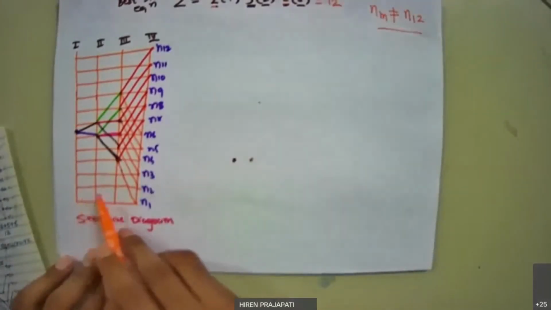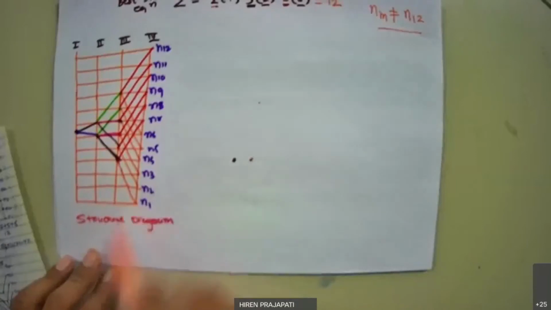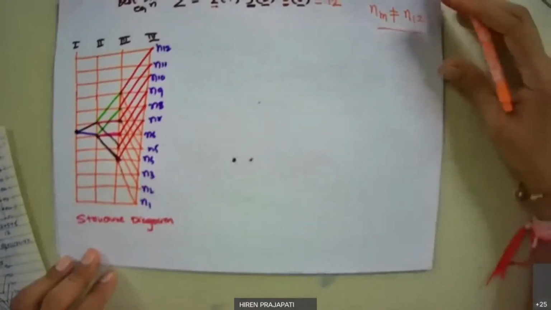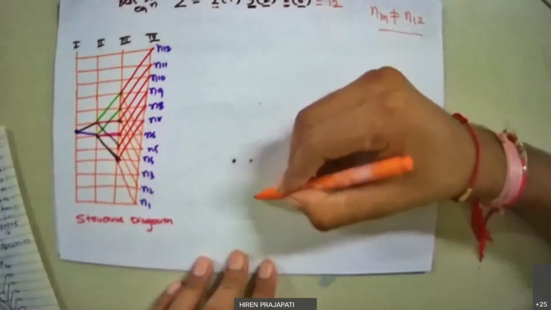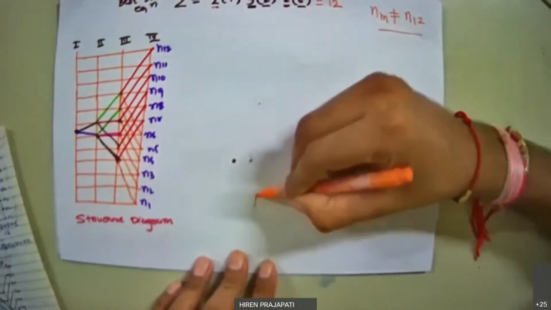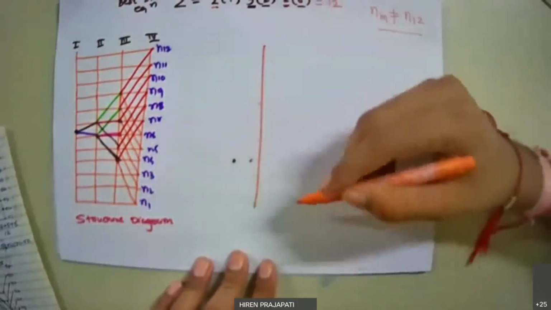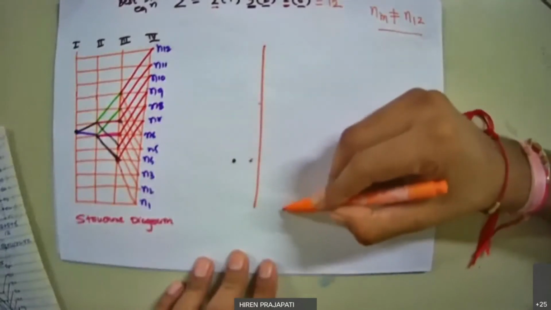One more than the structure diagram, so 4 vertical lines. Now I need to go for 5 vertical lines in the ray diagram to indicate the motor shaft as well. So now we draw vertical lines, total 5 vertical lines, 1,